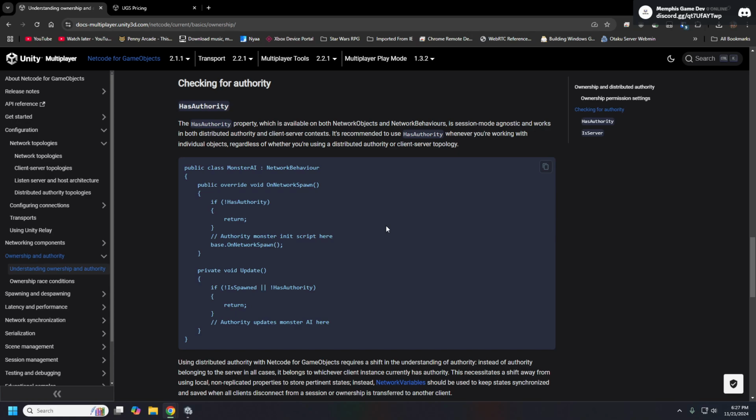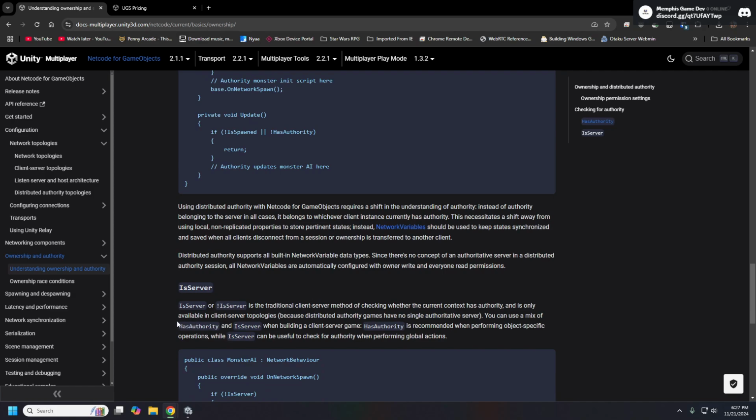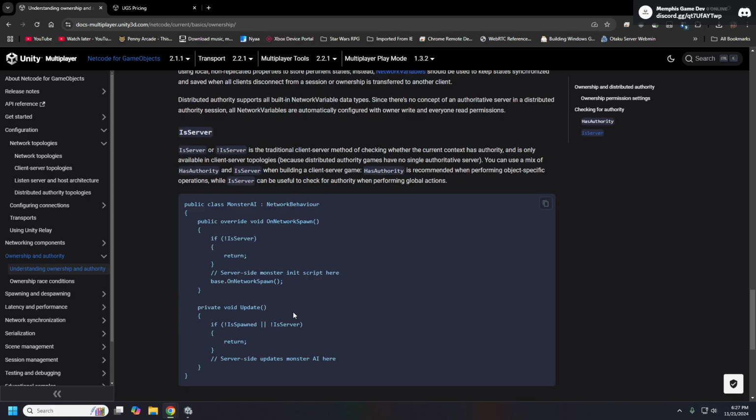So this will return true if you have authority over this network object. And it's recommended that even if you're not using distributed authority, you can still use the has authority bool in place of is server. So even if you are just doing your player character on a client-host architecture, has authority will still work.